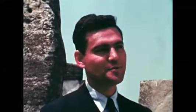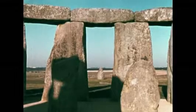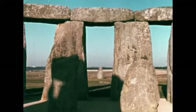And of course, I found the answer. They were very interested in using this to mark the sun and the moon. My answer is it was an observatory, and that's the reason why. As an observatory, now how did it work? This stone that we see through the archway here, that's the focal point of it, is it? That's the heel stone. It's 200 feet from us, and when you center it in the archway, it marks